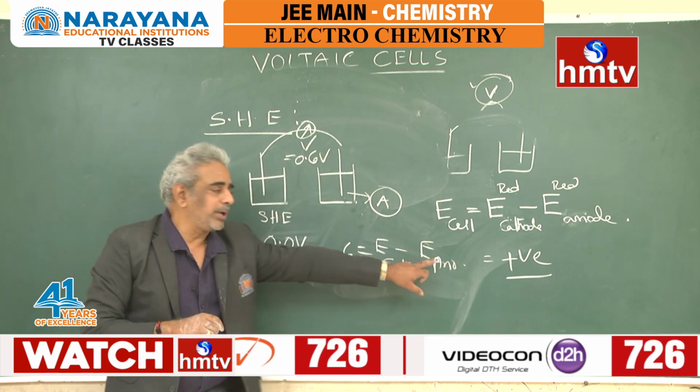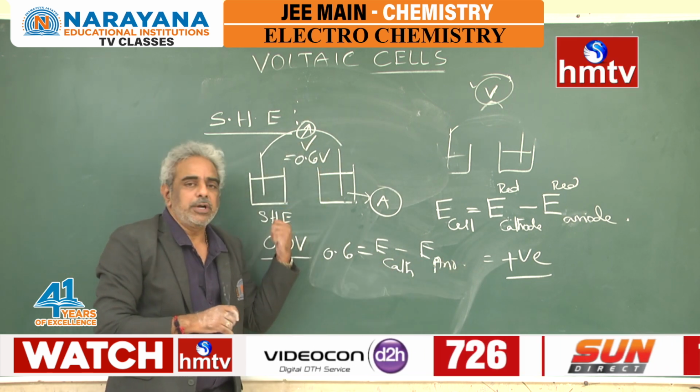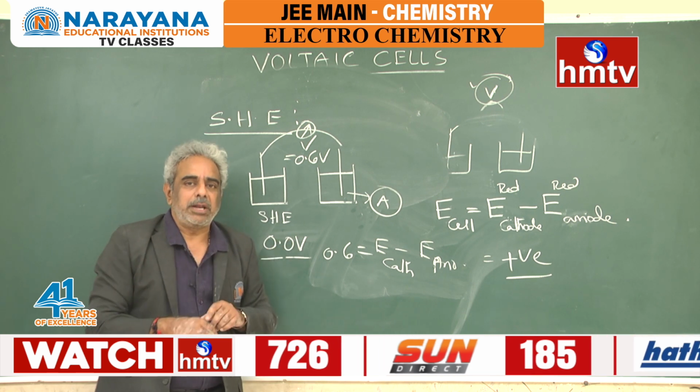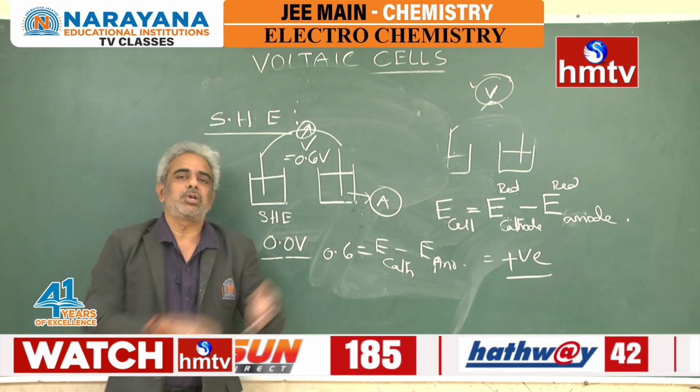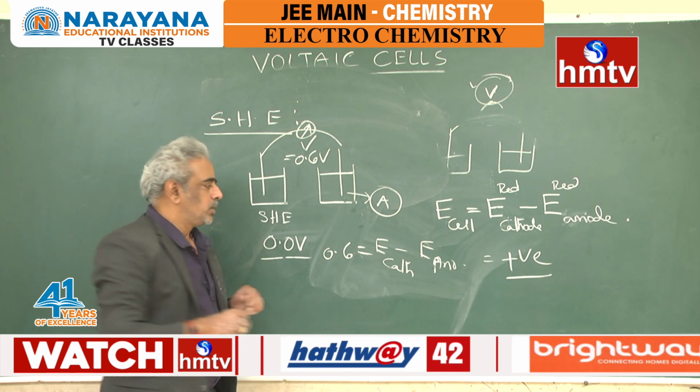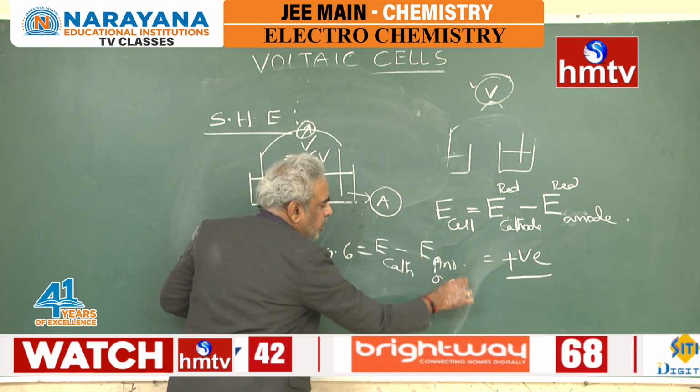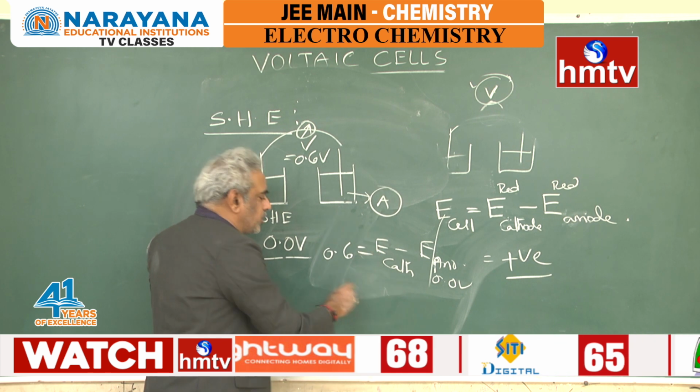And what is electrode potential of anode? 0.0. That is assumed value, because for all electrodes we take that assumed value only. So this being 0.0 volts, you can take it out. So cathode potential is